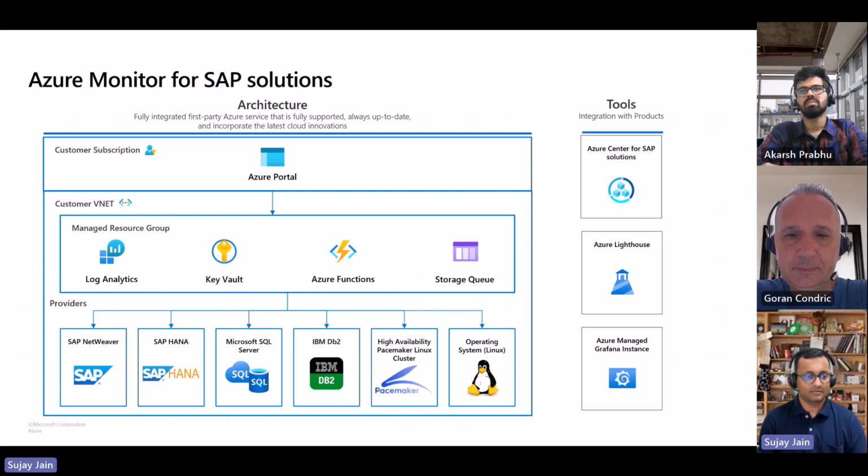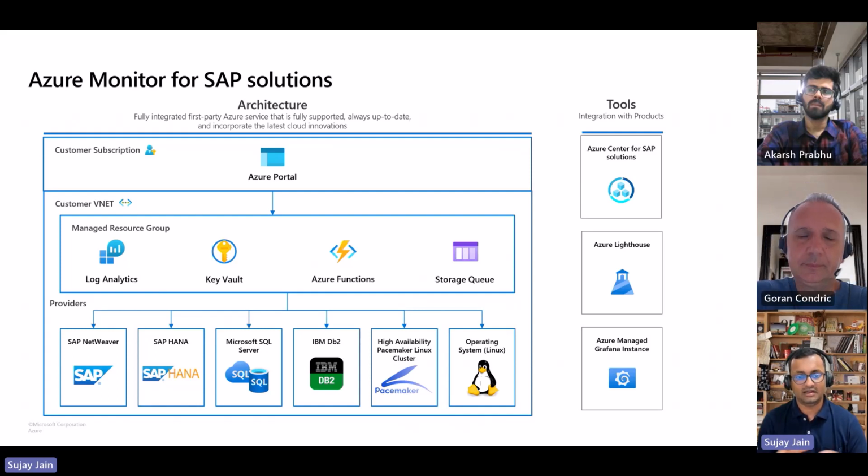So this acts as a brain, and then the Azure Function acts as an orchestrator. The Azure Function tells these providers when to pull data from which resource and at what time. So that's a very high level architecture, but it gives us scale and a high level of reliability. And again, we don't really need to be in the business of maintaining this solution for long. So it gives a lot of benefits to customers.